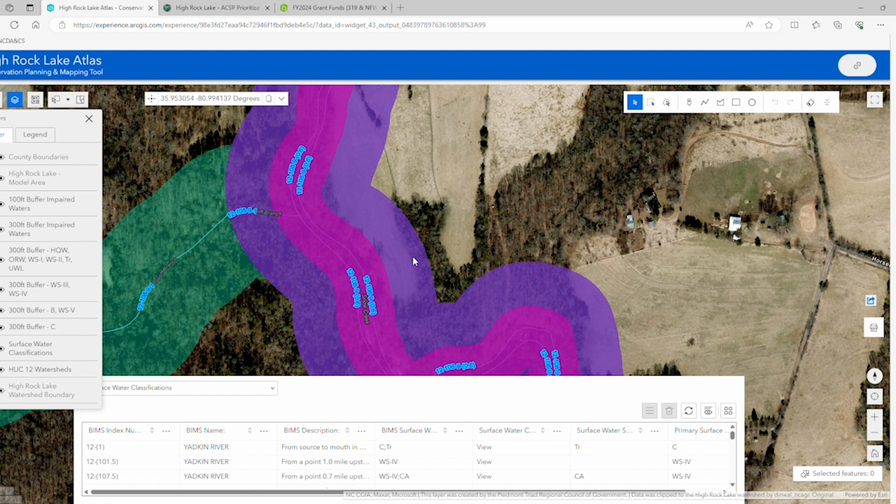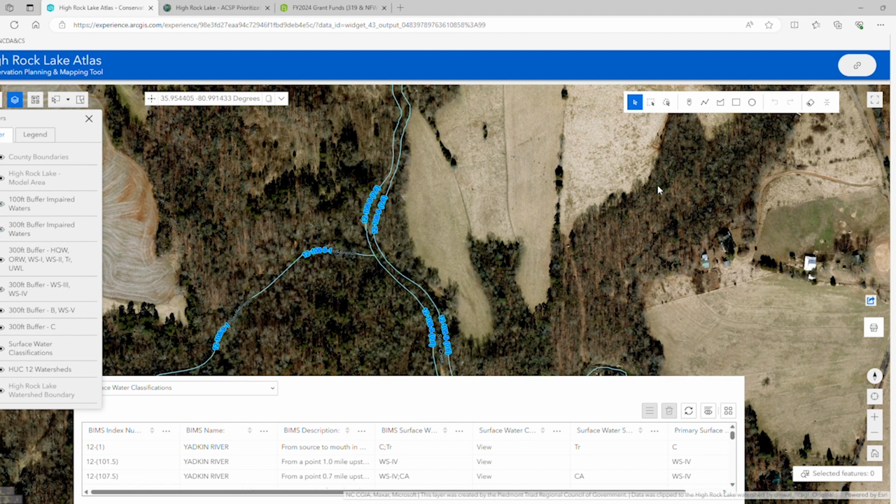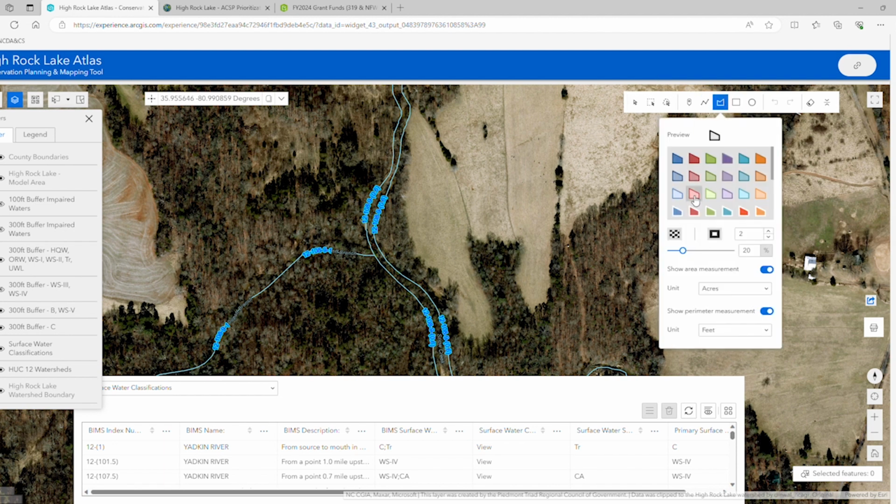For the project that we want to sketch, we want to sketch essentially a livestock exclusion project for this last little paddock here of pasture. Because our exclusion is kind of interfering with this 100 and 300 foot buffer, I'm going to toggle those layers off for the moment. So when we're sketching our project, we can do that pretty easily. All right. So again, I want to show the measurement area. I want to show the perimeter and acres. And I'm going to just go ahead and sketch out